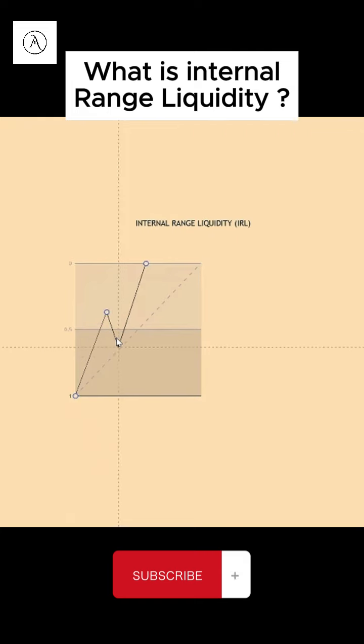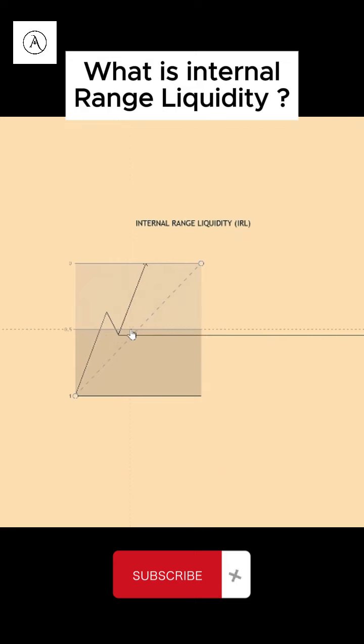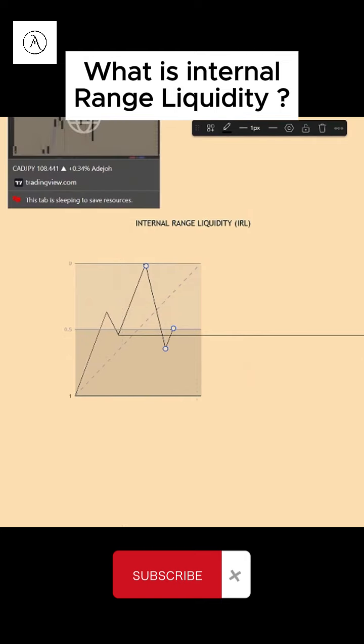Let's make this a little bit smaller. So when you have something like this, and it is termed a range, you realize that the liquidity inside this range is what is called internal range liquidity, right? So when price is coming below to this zone, and price takes this and gives a confirmation, then you've used your internal range liquidity. So let's open into the chart and get a clean example of what an internal range